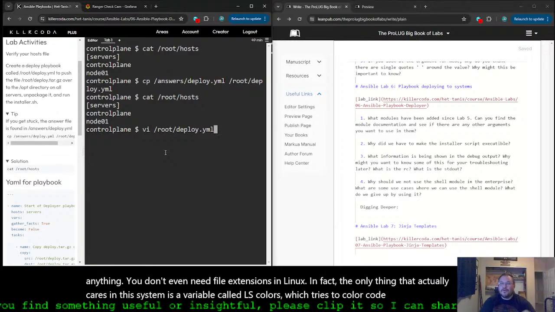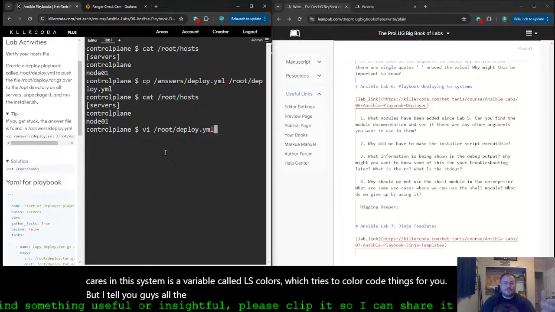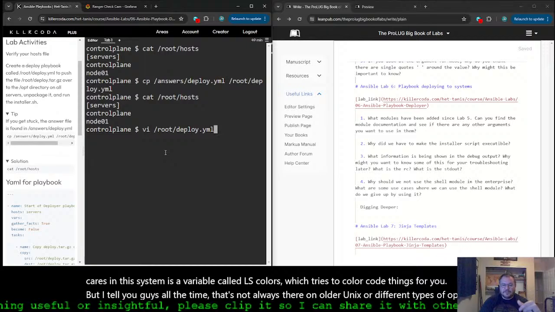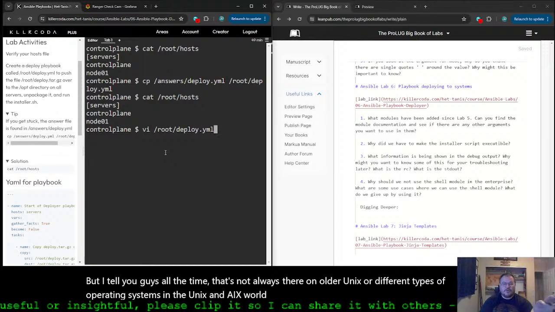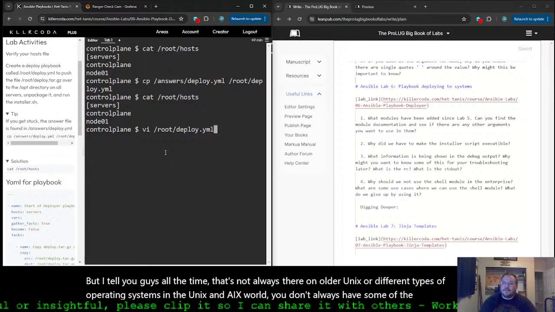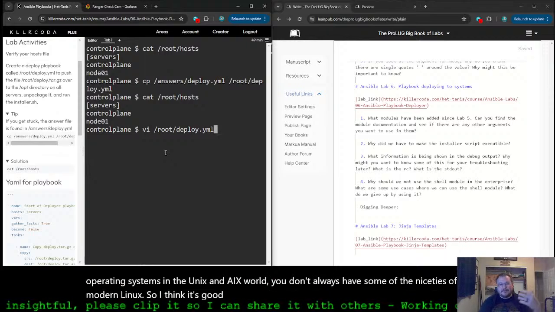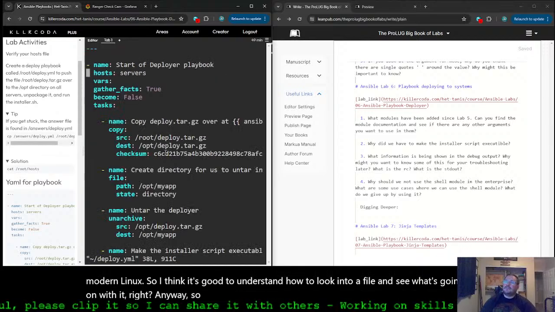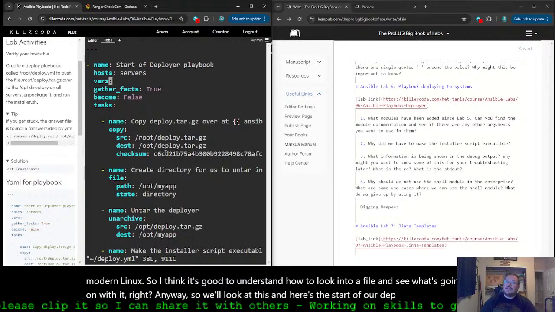code things for you. But I tell you guys all the time, that's not always there on older Unix or different types of operating systems in the Unix and AIX world. You don't always have some of the niceties of modern Linux. So I think it's good to understand how to look into a file and see what's going on with it, right? Anyway, so we'll look at this, and here's the start of our deployer playbook, and here's that nice little